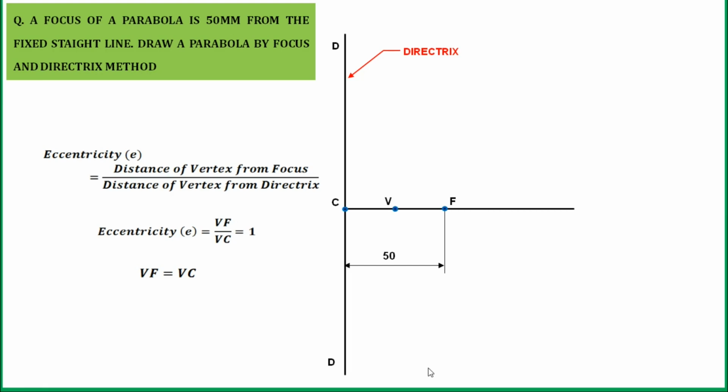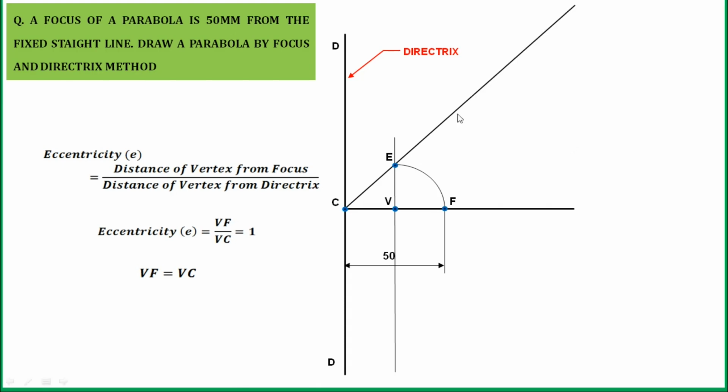Okay. Now draw a vertical line passing through this vertex. Take a distance equal to VF in the compass. Now put one leg of your compass over this V and draw an arc over this vertical line passing through the vertex. The point of intersection is E. Now join this C with E with one line and extend that line further.